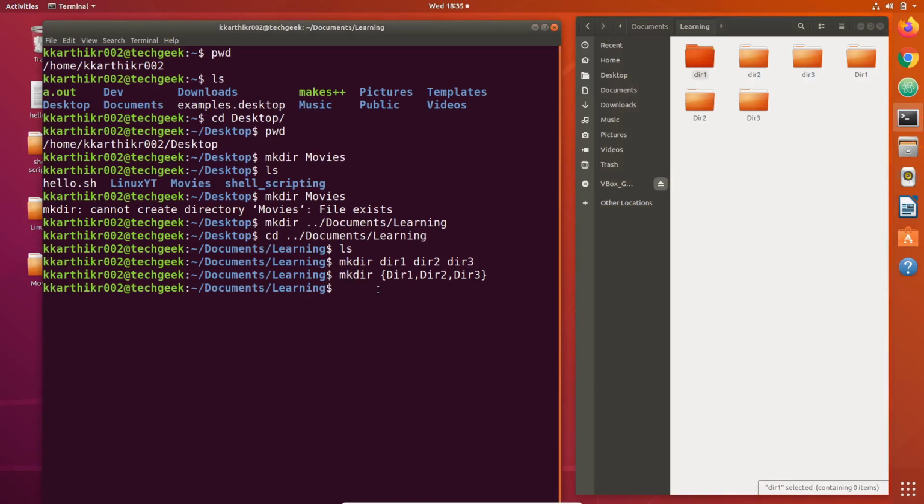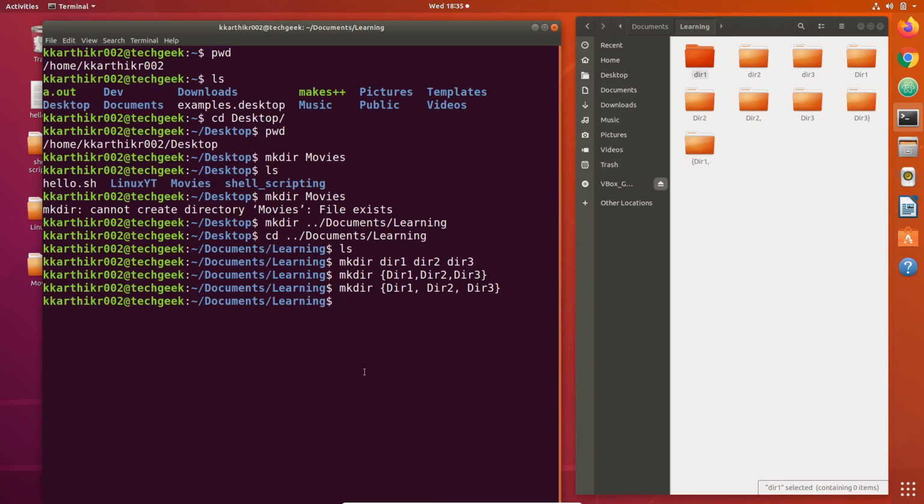The thing to note here is you should not separate these directories with space. You cannot give space here. If you give space and run the command, let us experiment and see what happens.